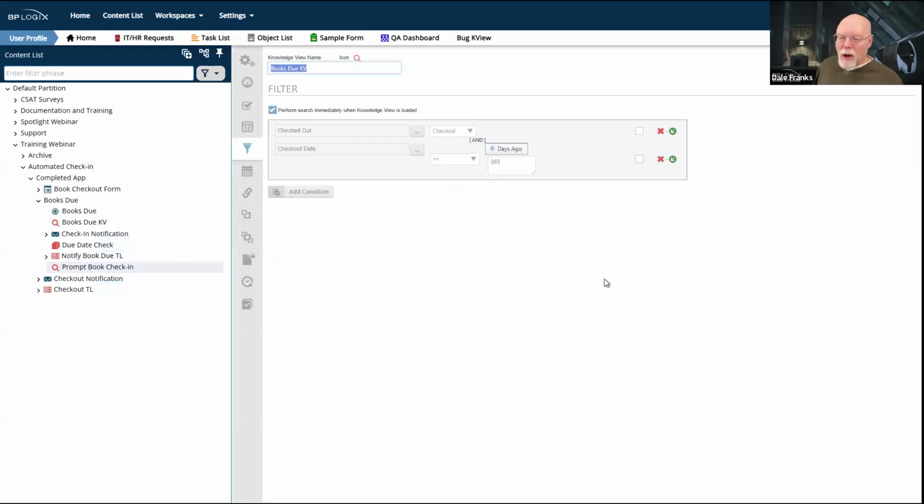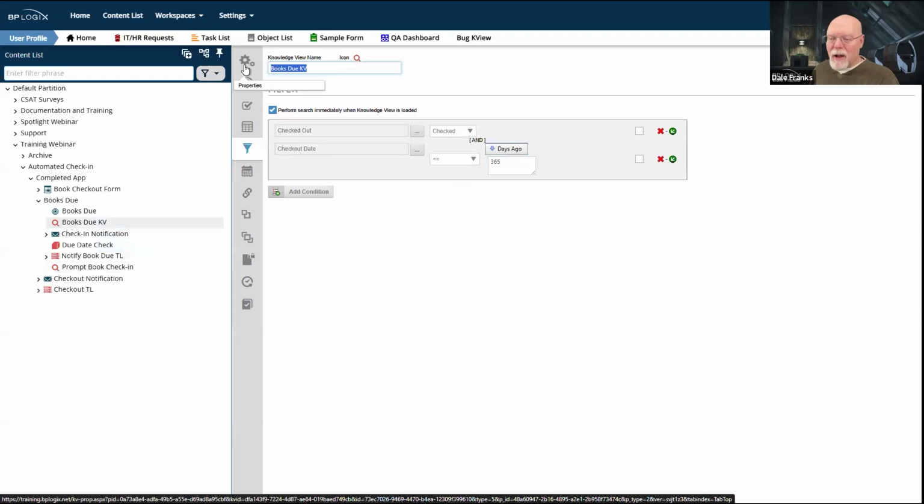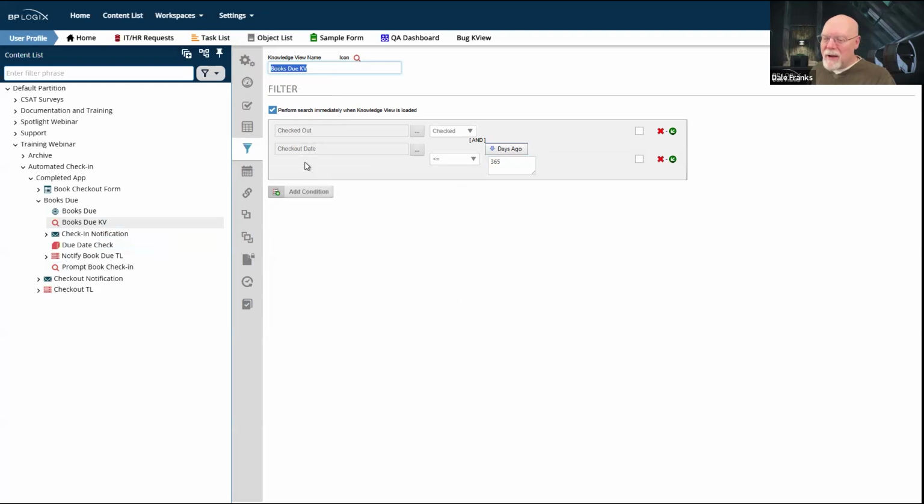The books due knowledge view is a more traditional knowledge view. I was playing with it yesterday, and I think I broke it because I expected to see something slightly different on the checkout. Although I guess it doesn't matter. Even with this configuration, it's going to work.